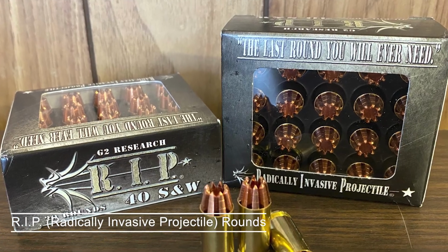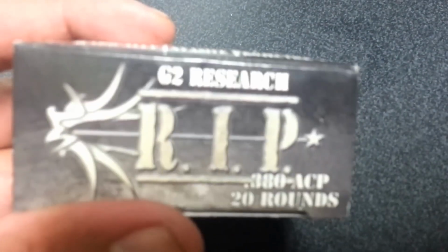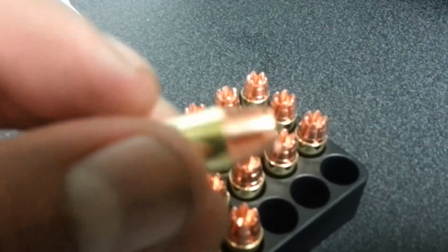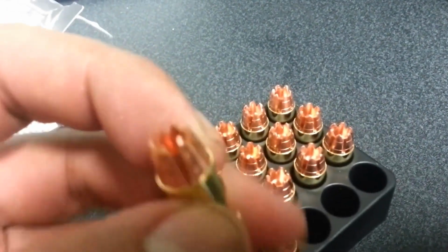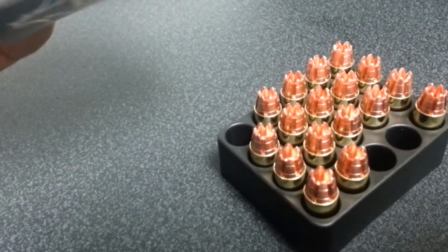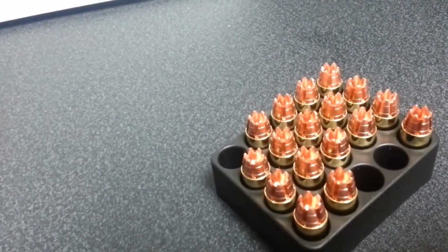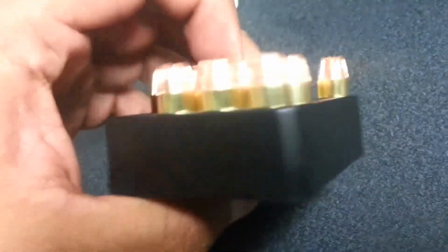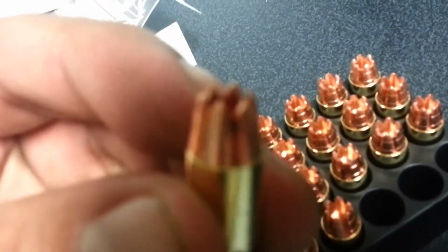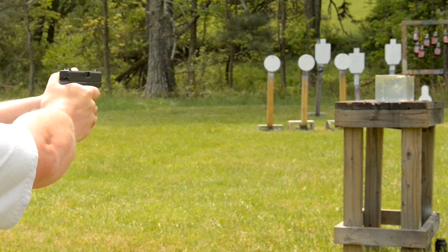Number 3, RIP, radically invasive projectile rounds. At number 3 are the RIP self-defense bullets. RIP stands for radically invasive projectile. Unlike conventional hollow points, these are CNC machined solid copper projectiles with engineered weak points. For example, the 9mm RIP round uses a 96 grain copper bullet with pre-cut trocars, petal-like shards, and a thick base. Fired at about 1,265 feet per second, typical 9mm velocity, it has roughly 341 foot-pounds, about 462 joules of